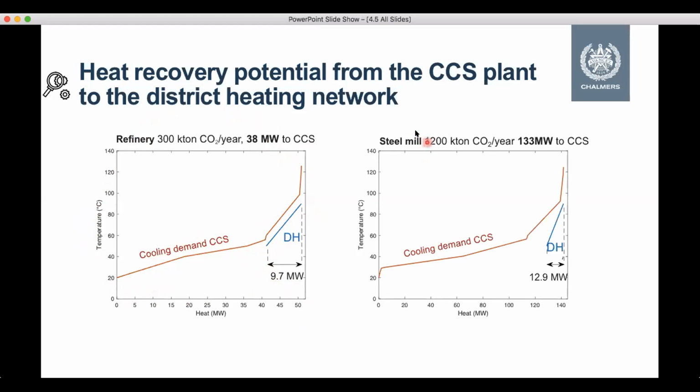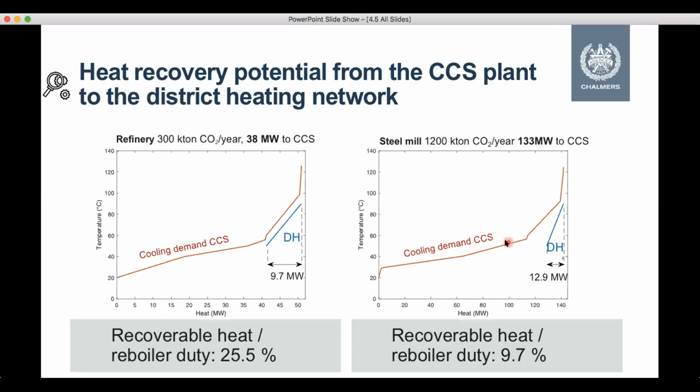If we look at the steel mill, we have a different scale. Here, the curve looks very similar in its course, but it has slightly lower temperatures given the flue gas had been already cooled and was colder in general. Also there, we have a slightly different process configuration, which leads to some smaller modifications in these coolers. There is a noteworthy difference if we divide this amount of heat supplied to district heating from the CCS process and normalize it to what is pushed into the reboiler as excess heat.